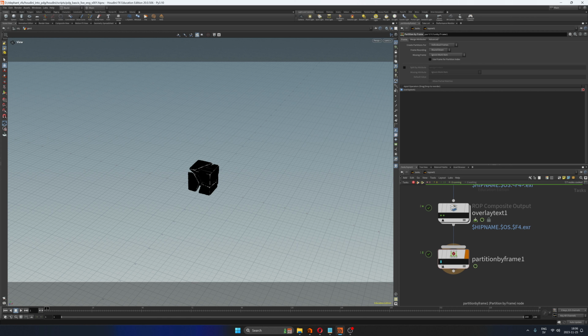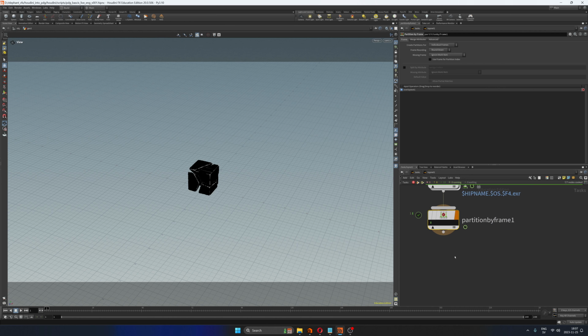It's only one bar here because there is only one frame. But if we would have 20 frames and 20 wedges, we would get 20 different bars, and all the frames would be, again, grouped per wedge. So there is really nothing you need to do with this now. This is just an organization thing. So I'm going to keep it there. And now